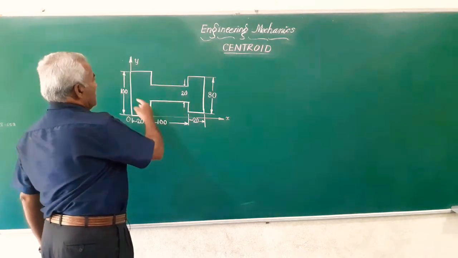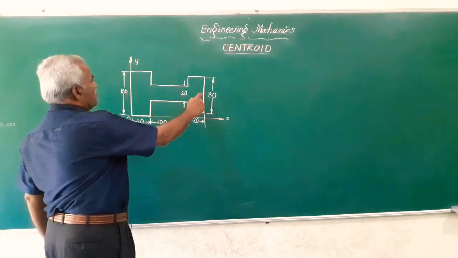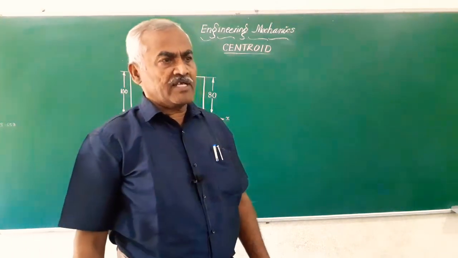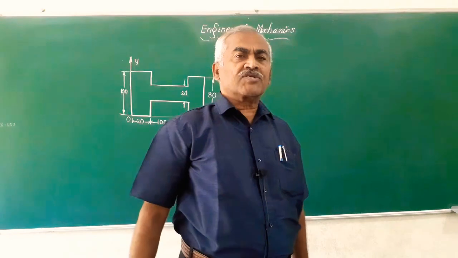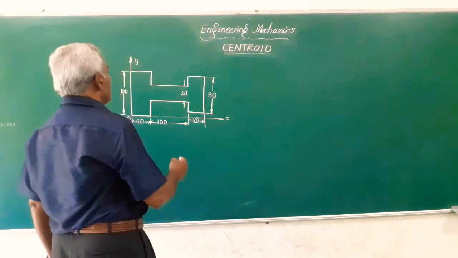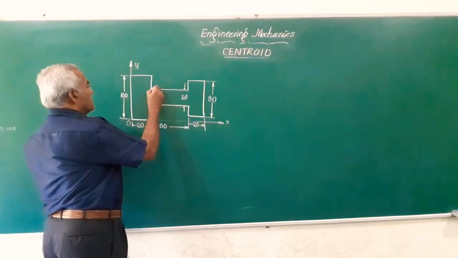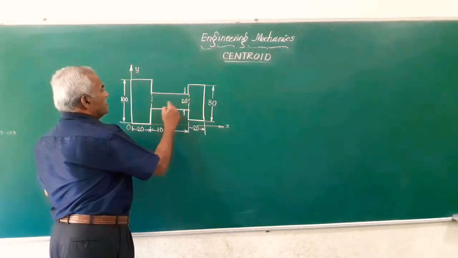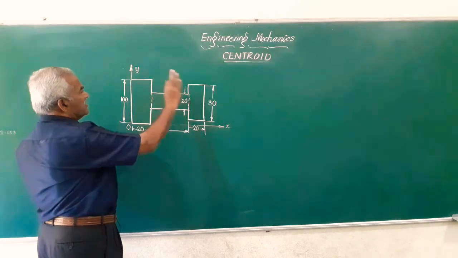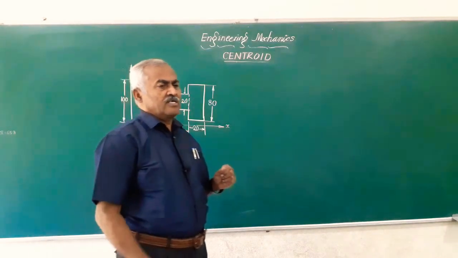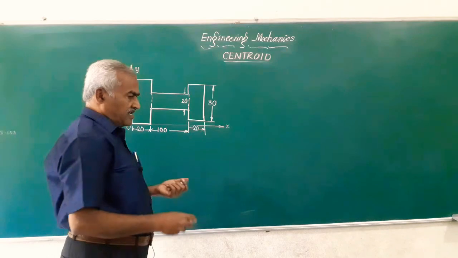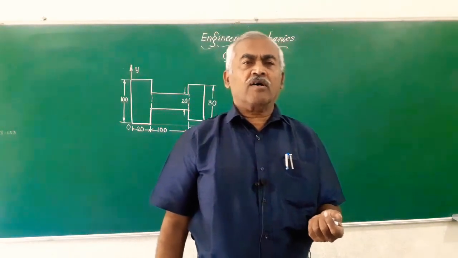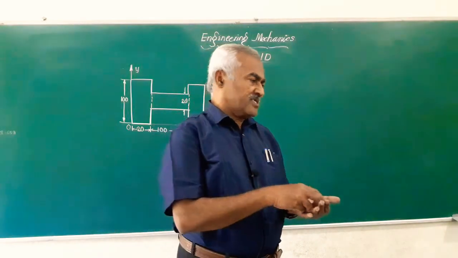Friends, in today's video, we are going to learn how to locate the centroid of this given figure. It's something like an H with these two flanges having uneven dimensions. Here, as usual, the given section can be split into three parts: part 1, this is the second part, this is the third part. So basically the given H section is split into three rectangles. Our aim is to find the centroid x bar, y bar for the given section.